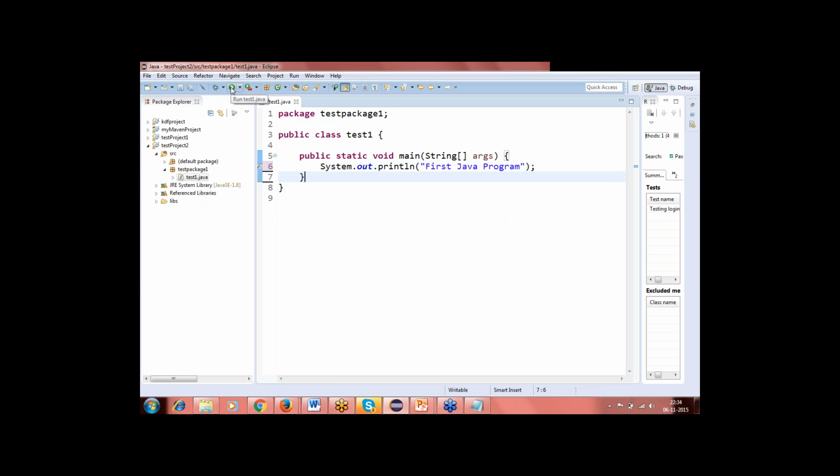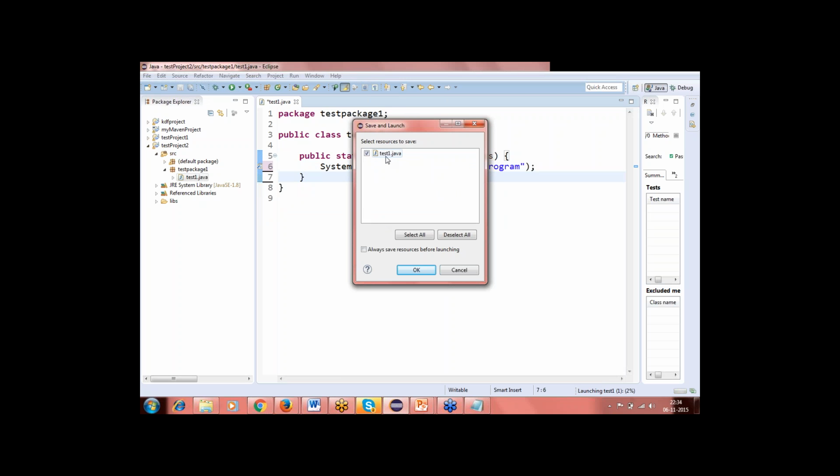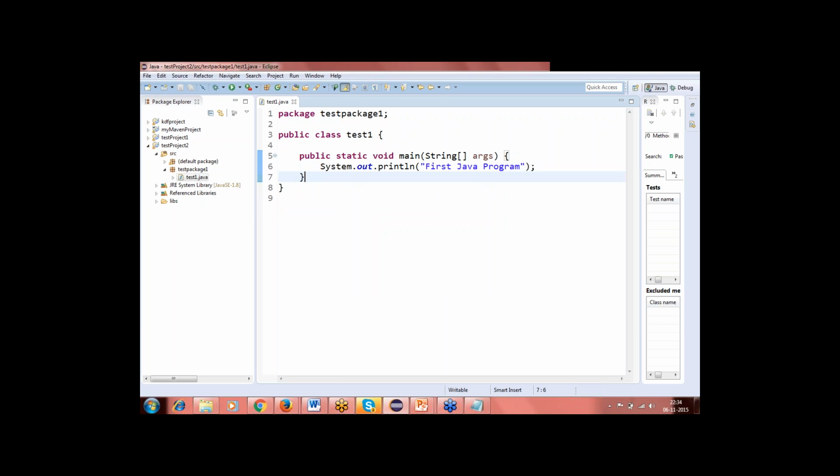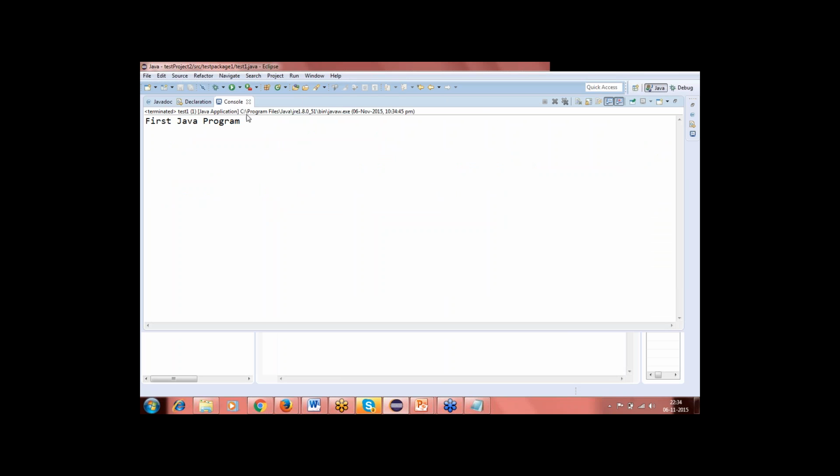and go ahead and run it to see whether this is working or not. So just click on this run button. We are going to run this as a test1.java program. Click on OK. So you would see some output is coming over here, whatever you have typed